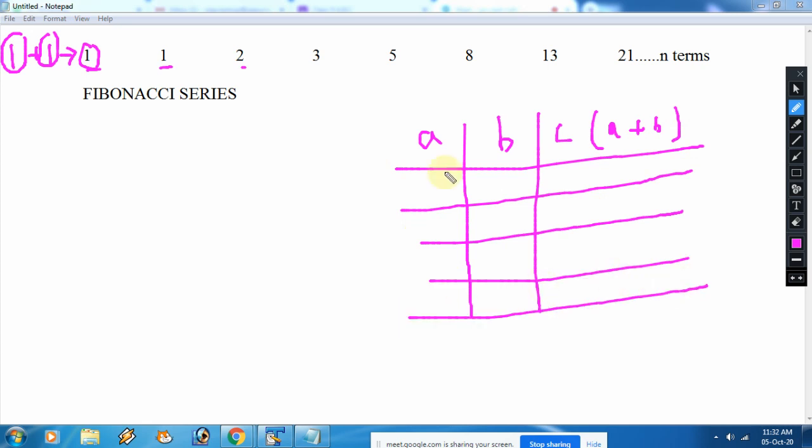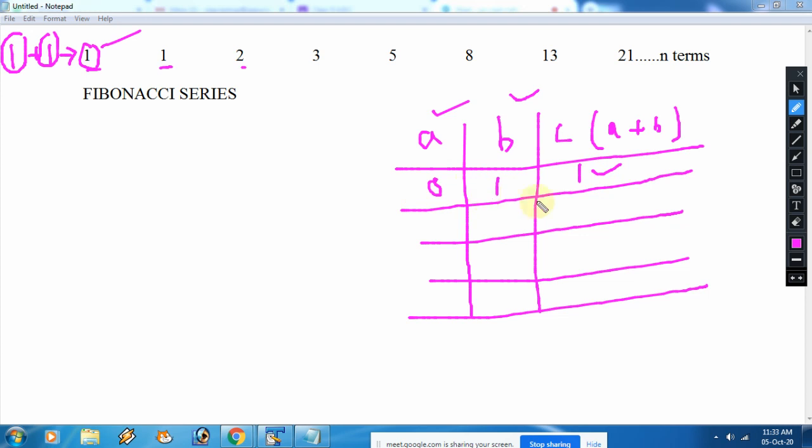Now see, the starting point is a problem. The starting point both can be the same, both can be different, positive and negative also. So by which values can you get the result 1? This is the important point. This is your first term I have shown here. So how can you get it? See, you can get 1 and 0 also. Suppose you have put 0 and 1. See, 0 plus 1 is 1, that everybody knows.